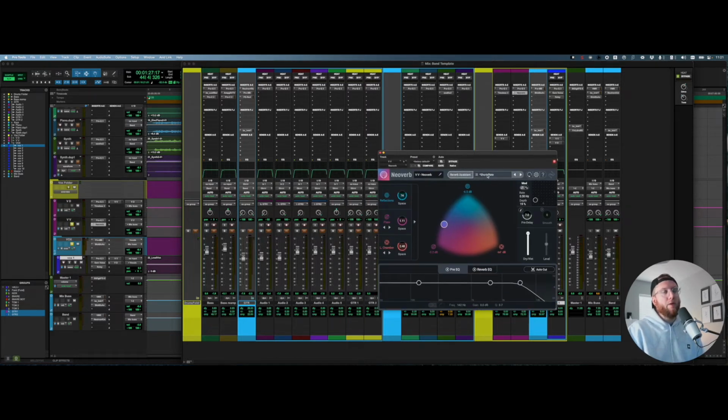I usually will start with short plates, which are generally my favorite for this style, unless I'm trying to get a really ethereal, more ambient sound, which this plugin can do. And I really do like the assistance in the iZotope plugins. If I just feel like I'm stuck on something, I'll just hit that and kind of fine tune it, or if I don't like it, I'll start over. But I didn't need to do it with this one because it was just one. I felt like the short plate got me close, and I was able to kind of dial it in a little bit more. This plugin just makes it really, really easy to sound natural,